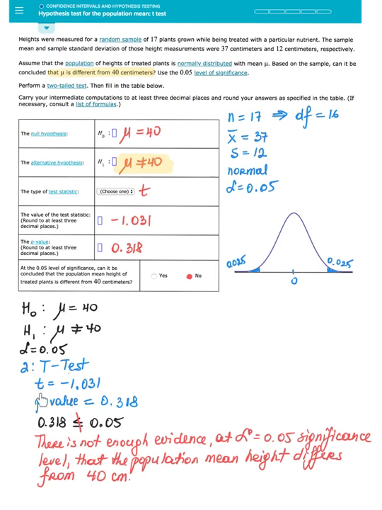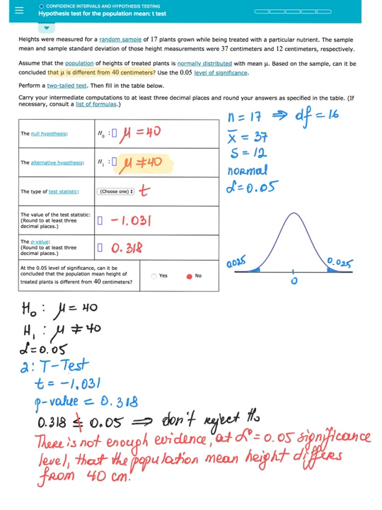Once I identify the t-value of -1.031 and p-value of 0.318, all I need to do is compare the p-value to the alpha level of significance of 5%. Because p-value of 0.318 is not less than or equal to 0.05, I cannot conclude that null hypothesis should be rejected. In fact, I'm going to say as a conclusion, don't reject